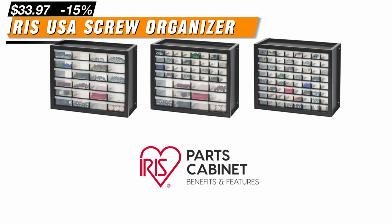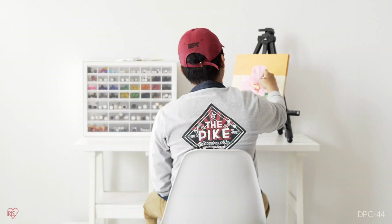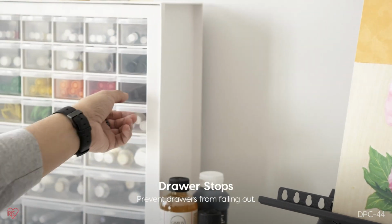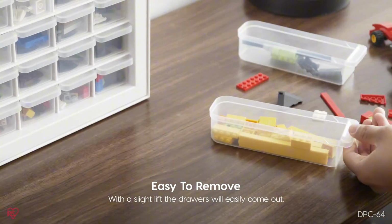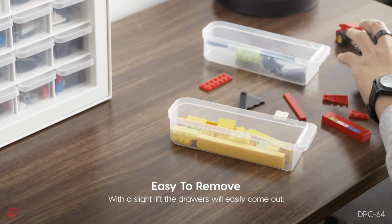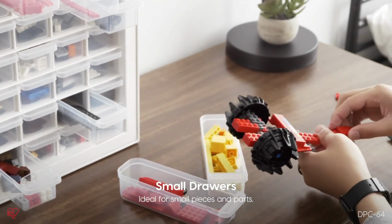Organize your workspace effortlessly with the Iris USA Hardware and Craft Storage Cabinet. This compact yet spacious storage solution features 24 clear drawers, perfect for keeping small tools, craft supplies, screws, or jewelry neatly sorted. The transparent drawers make it easy to identify items at a glance,